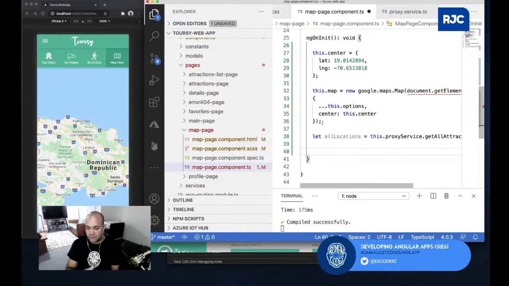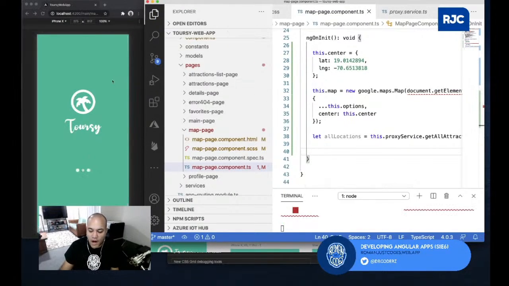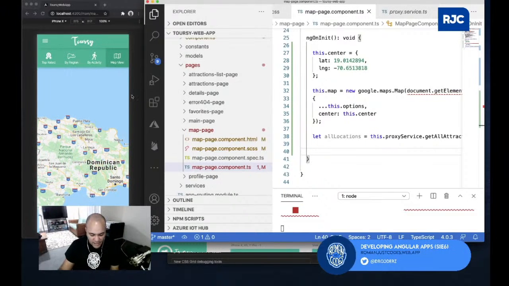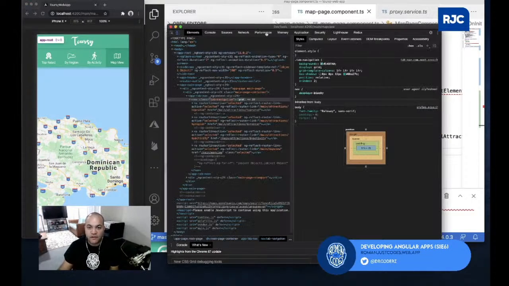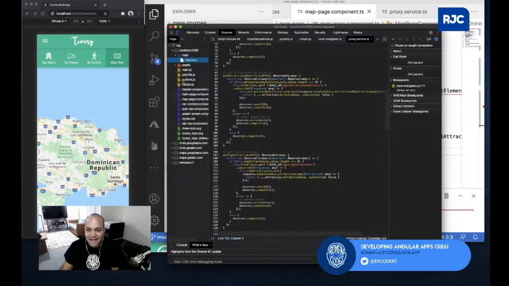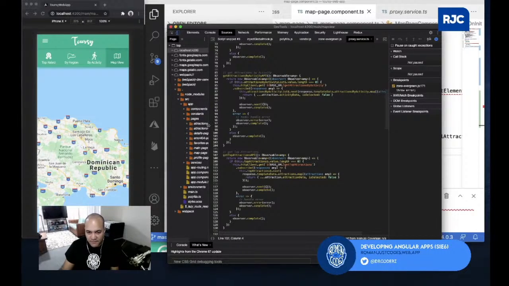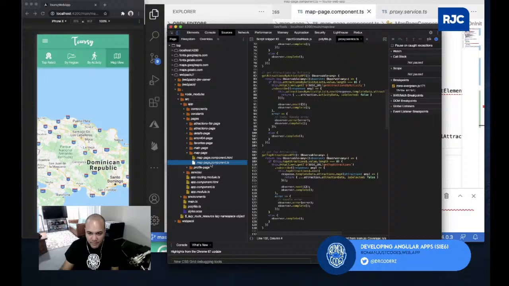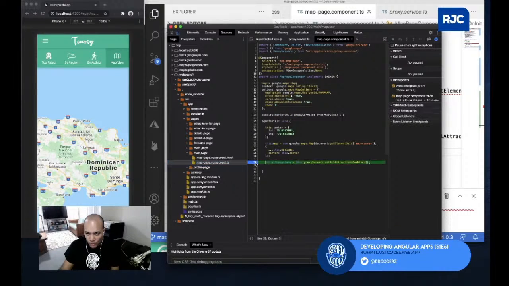So after that, why don't we just debug it and then let's take a look. So that it just doesn't bomb in front of all of you guys. So if I show my developer tools, I go to my sources. Let's go to that map page and then just debug that piece, and then let's make sure that we do get all the locations. How we're gonna parse them. That's what we want to do now. So in the map page, put it right here. Let's do it again. If I refresh,